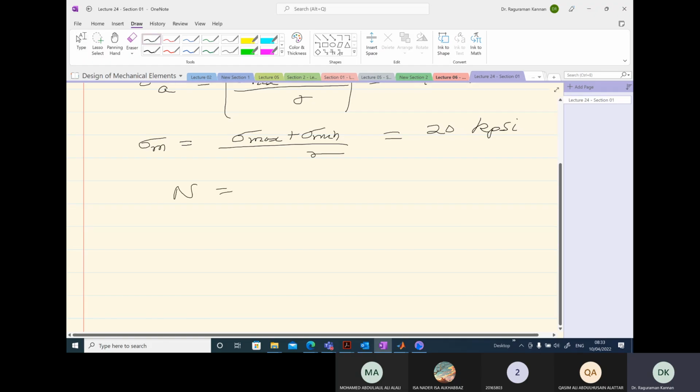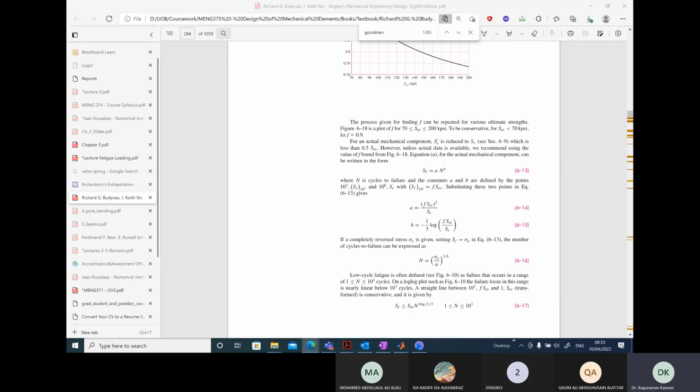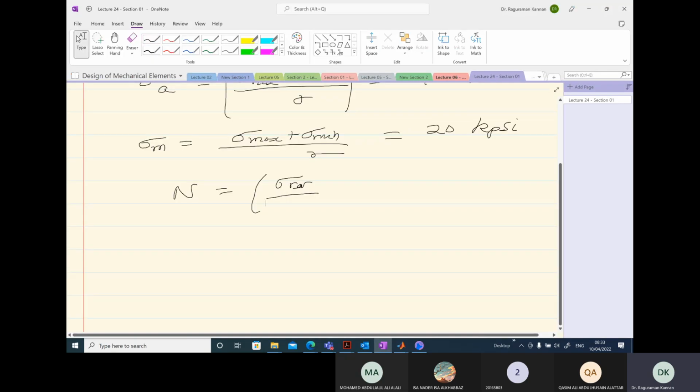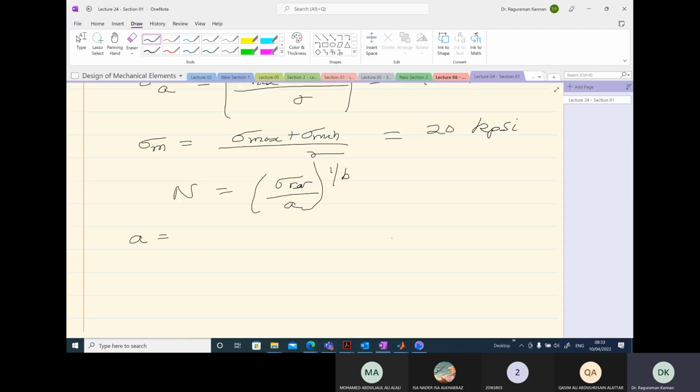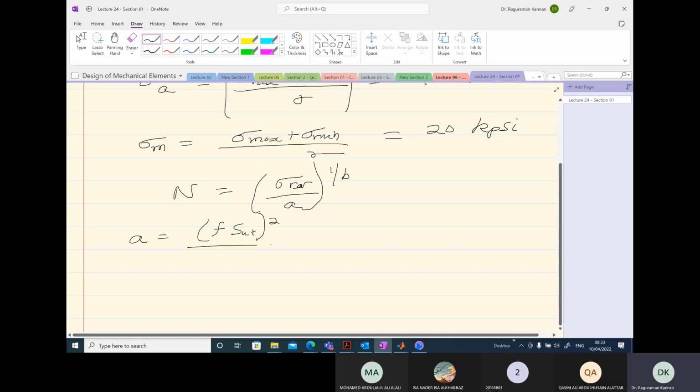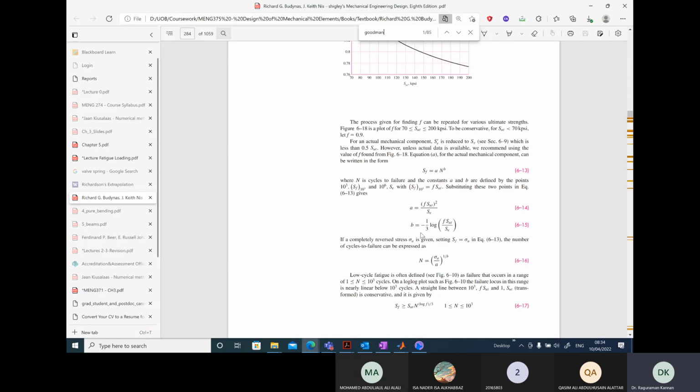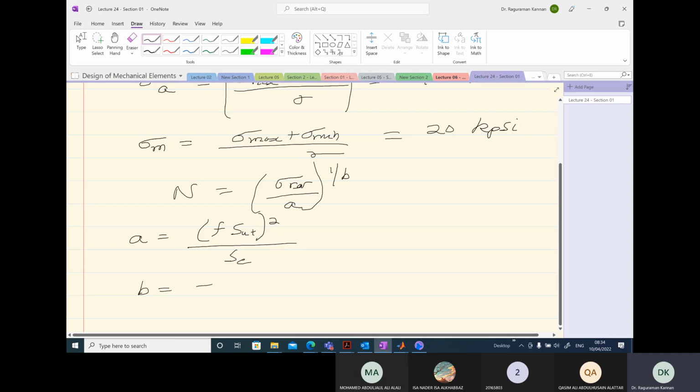The number of cycles to failure is going to be sigma reversible over A, raised to the power 1 over b. And we have the equation for A. A is given by (f S_UT) squared over S_E, and b is given by minus 1 over 3 log base 10